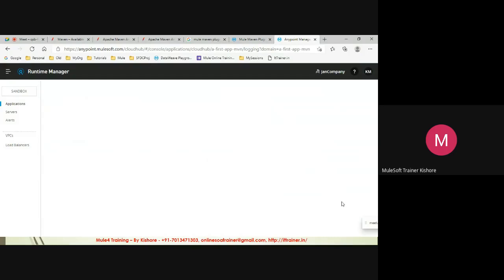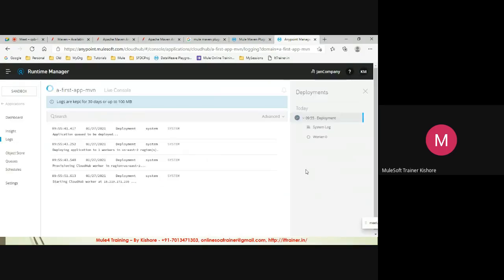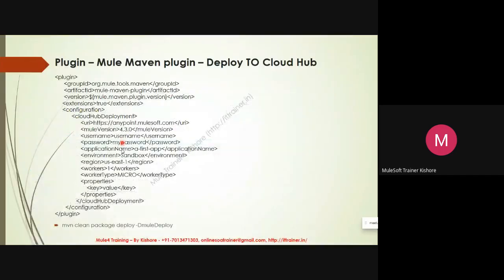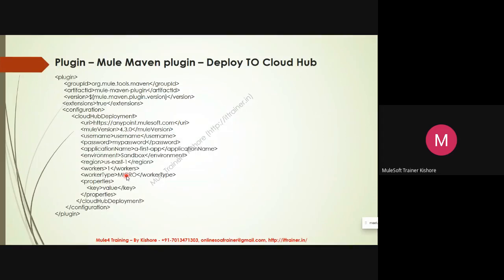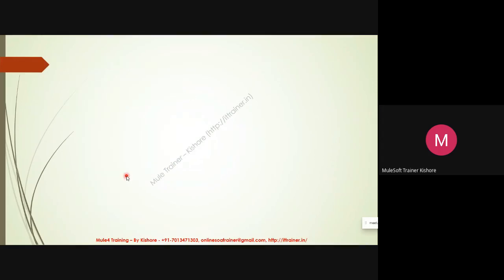So for this last section of 5-10 minutes, we have discussed yesterday 1 hour and today almost 1 hour session of Maven. So plugin, Mule Maven plugin deploy to the Cloud Hub. And this is the generic thing you can use, Cloud Hub configuration.